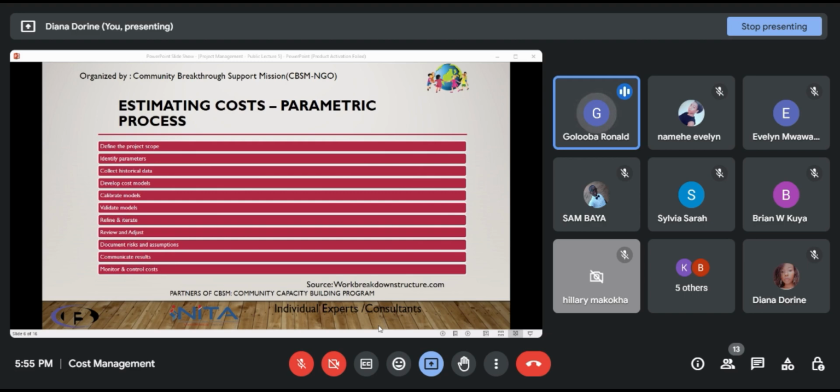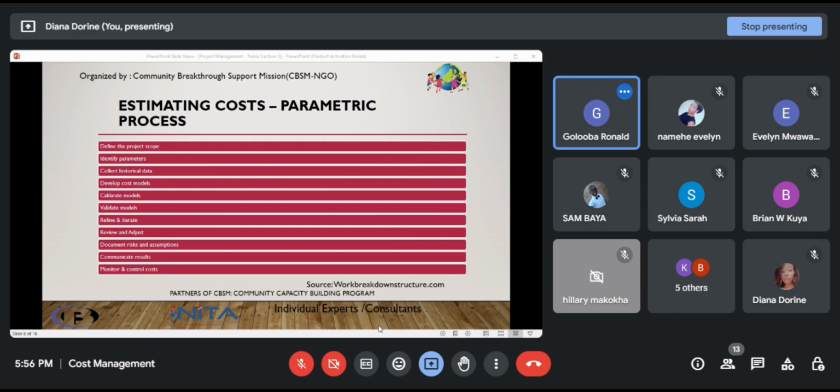then you identify the different parameters, which is the next step under the parametric estimation technique. Here you identify the parameters that influence the costs of the project. You can look at things, for example, if you are putting out a product, then you are looking at its size. You're looking at the complexity of the product. You are looking at the locations where you're going to distribute these products. You're looking at materials, labor rates, and technology requirements. Once you have identified those parameters, and these keep on changing depending on the type of project that you are pursuing,